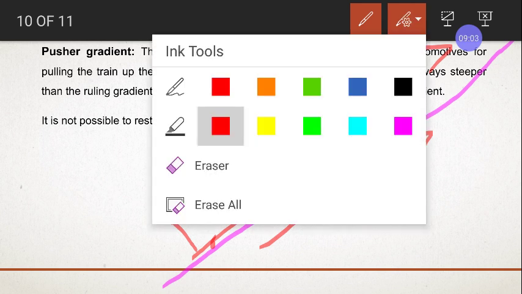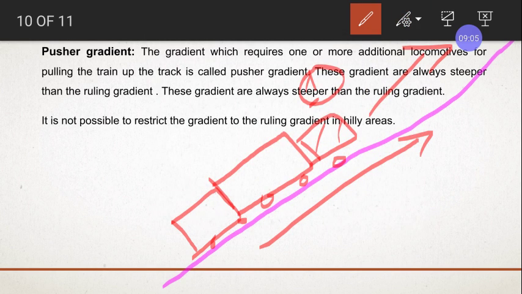So in that case, what we do is, we provide an extra engine at the back, right? We provide an extra engine at the back. So this engine will push the train forward with the help of the first engine, the forward engine. The forward engine is pushing, but it alone cannot take the load to that extent. So in that case, we provide an engine backwards, so that that engine will push the train forward. So when we provide a pusher engine to push the vehicle forward on such a gradient, right?